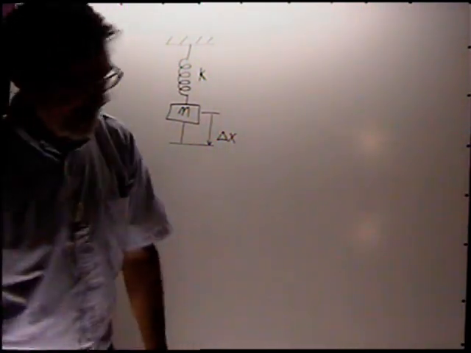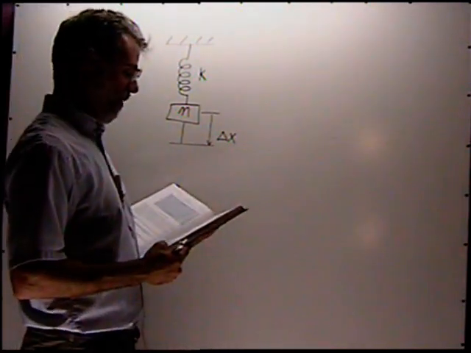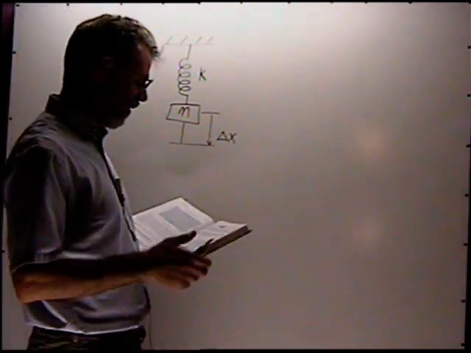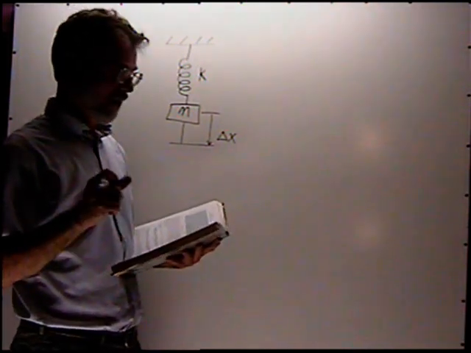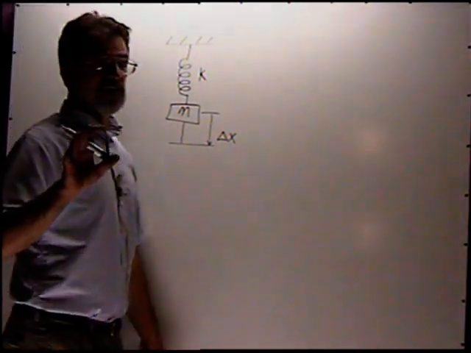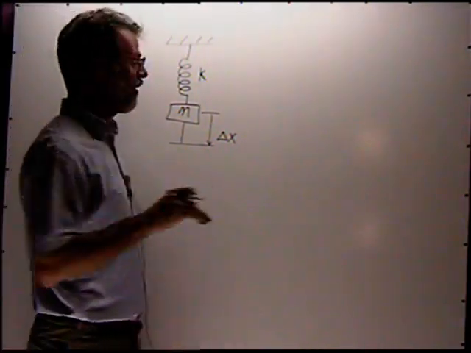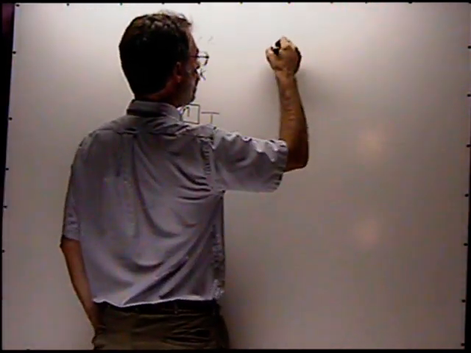Okay, so if you look on page 335, the book gives an equation for the potential energy of a spring. What we're going to do is derive that. It uses a little bit of calculus, but I think you can do this. Remember what the equation for work is. Work,